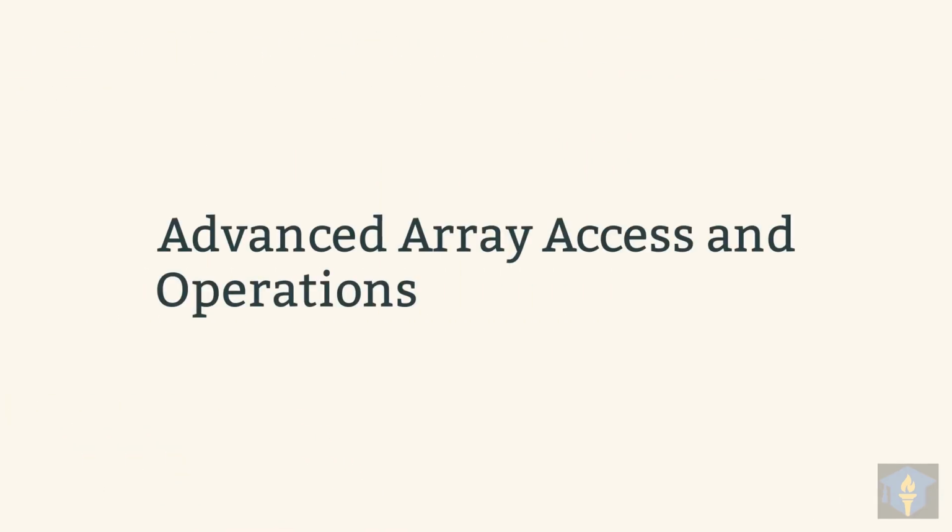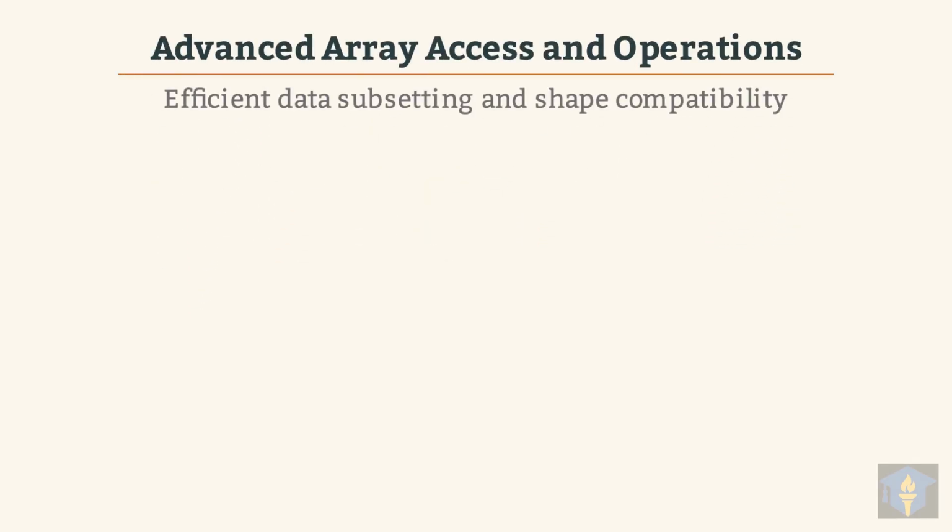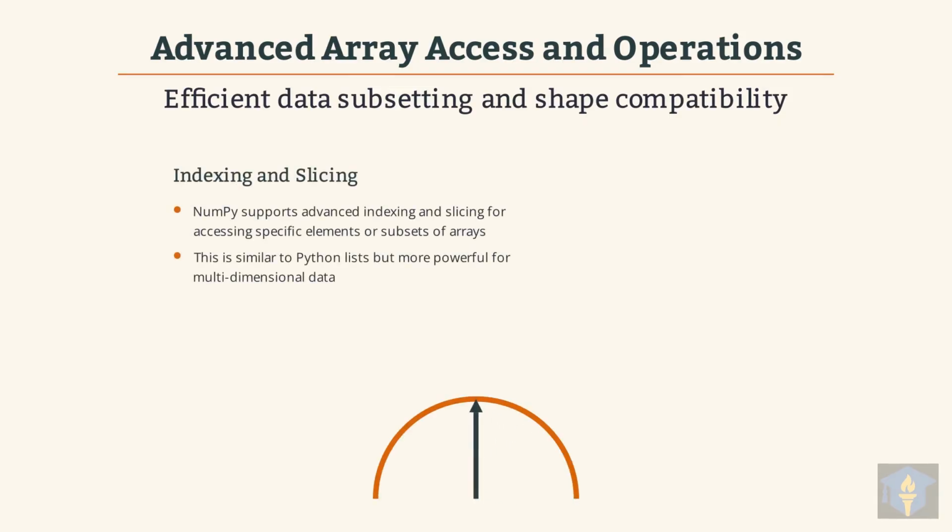Moving on, let's explore advanced array access and operations, which are crucial for manipulating complex datasets. These techniques provide efficient data subsetting and ensure shape compatibility, streamlining your data processing tasks. We will now look at how to use indexing and slicing to precisely select parts of your NumPy arrays. NumPy's advanced indexing and slicing allow you to access specific elements or subsets, offering greater power for multidimensional data than